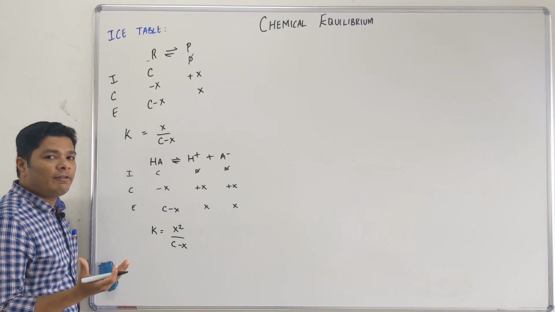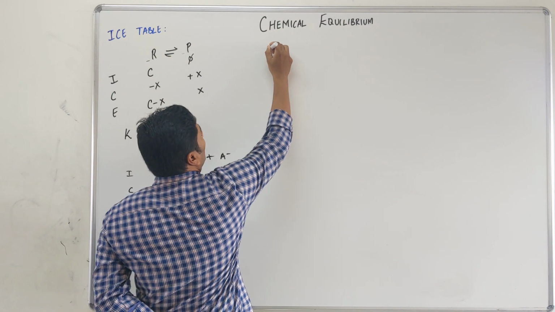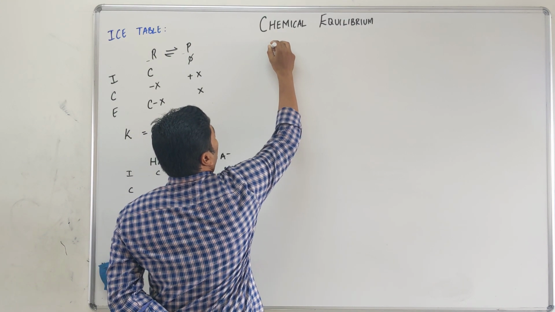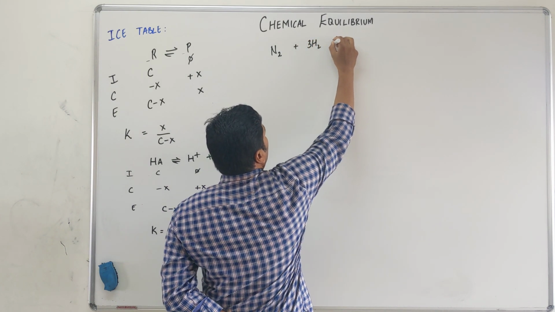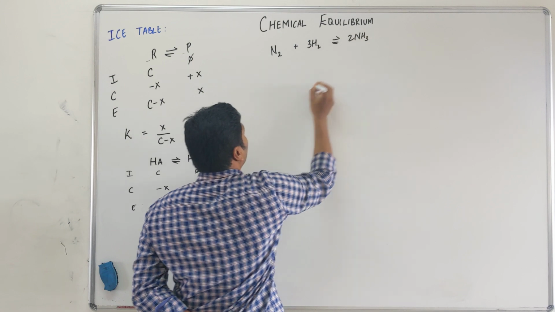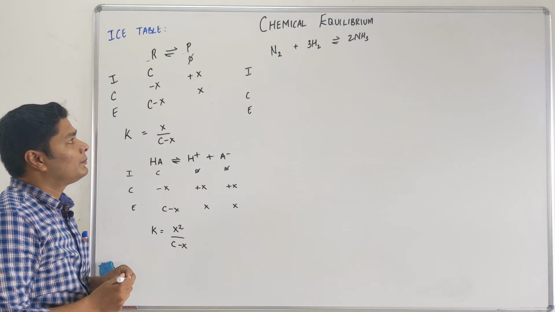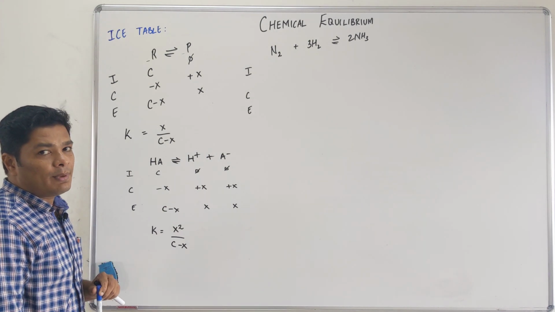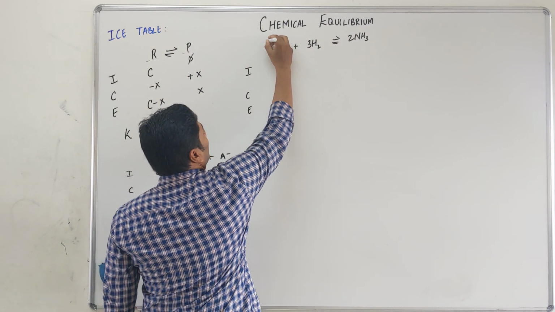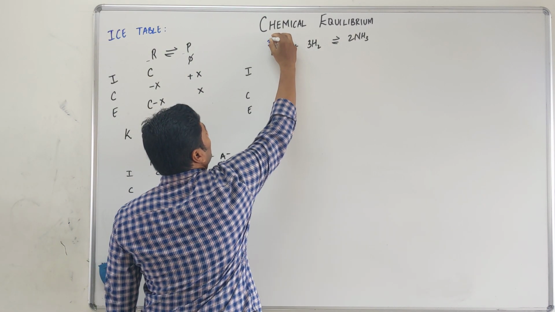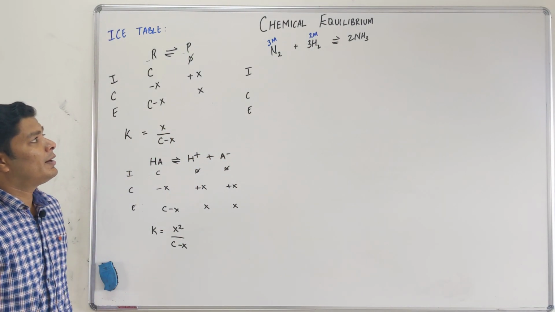Now, what this is going to give you is how to calculate X or K or C depending on what they are giving you. Normally, how they will give it to you is, for example, let us take a reaction, Haber's process, N2 plus 3H2 gives you 2NH3. We are going to fill our ice table, I, C, E. Let us say, for example, they are going to tell us that we start with 3 molar and 2 molar. It does not matter.